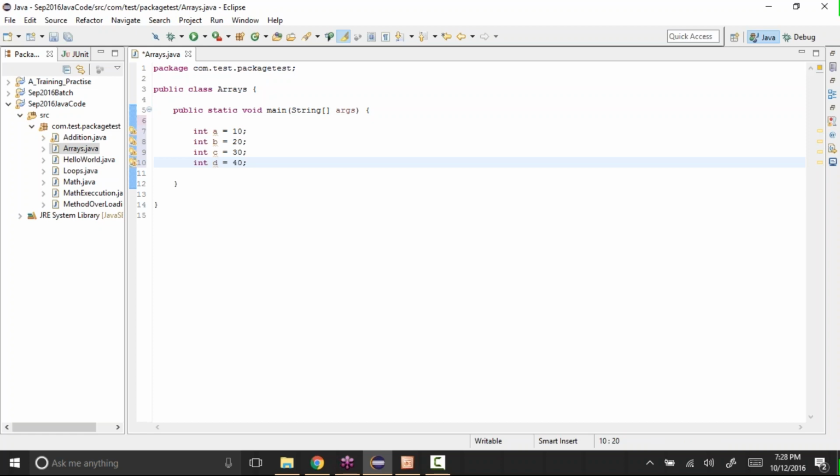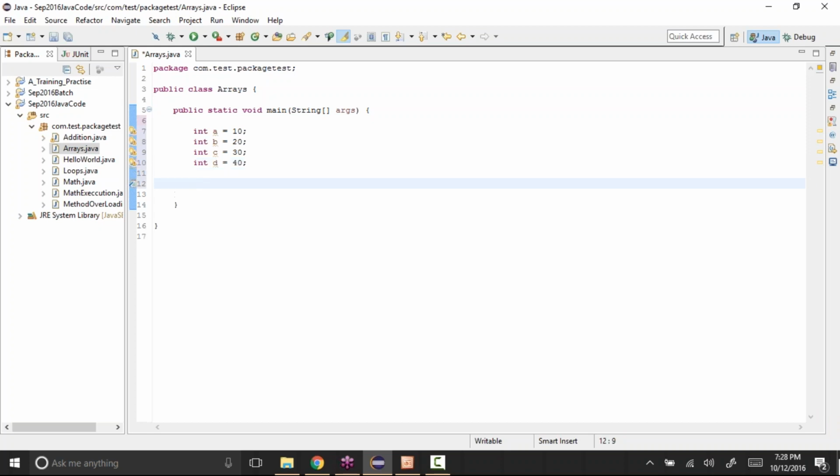When we create these variables, our system will use some memory: for a it uses some memory, for b it uses some memory, for c it uses some memory. So instead of storing multiple values like this, we can create only one variable and store multiple values into it.